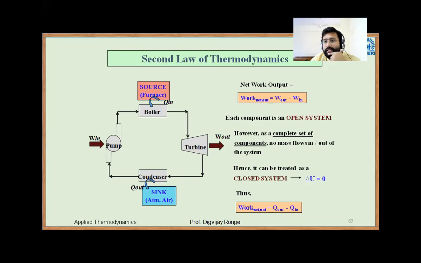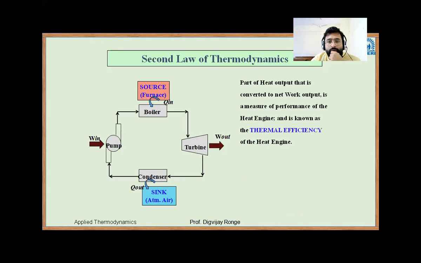Now from this we can easily calculate the efficiency. The part of heat input that is converted into work output is a measure of performance of the heat engine. It is known as thermal efficiency of the heat engine. So thermal efficiency is net work output divided by total heat input. What is net work output? Turbine work minus pump work, divided by the heat received by the boiler. Whatever heat is received in the boiler will be the denominator. Total work done, that is turbine work minus pump work, will be the numerator. So write down this formula. Thermal efficiency will be equal to